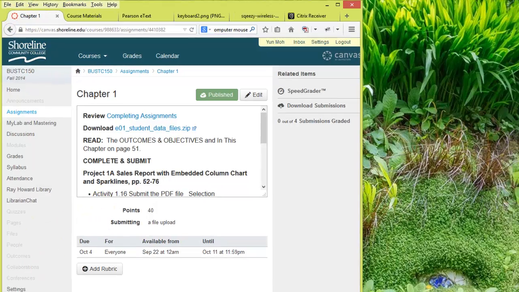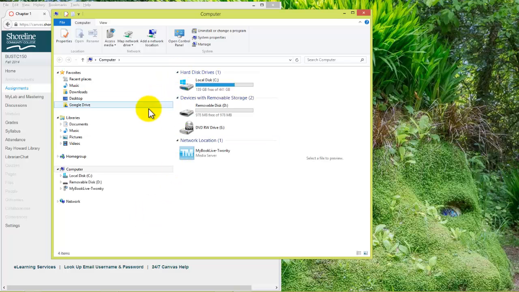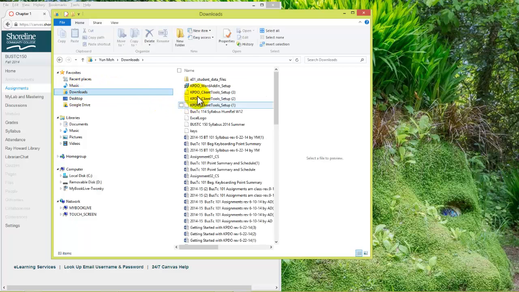Down here at the Start button, right click, and then you will have this list of tools you can use, and then click on File Explorer. Just a normal left click, and File Explorer will open the file structure of your computer. That includes your flash drive, your hard drive, and everything. Usually, if you do not see the little message saying that the file is ready, it goes to downloads. So go down here, and there's